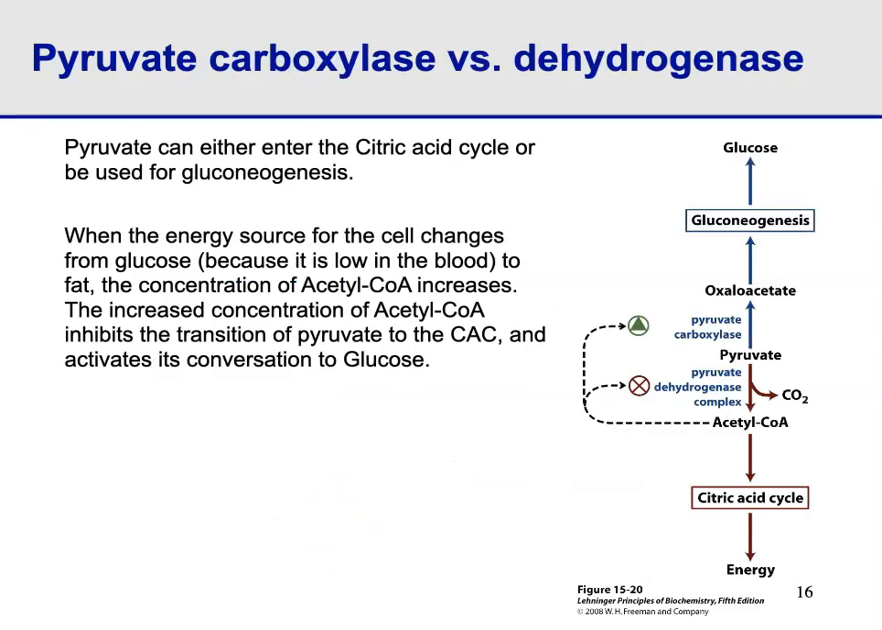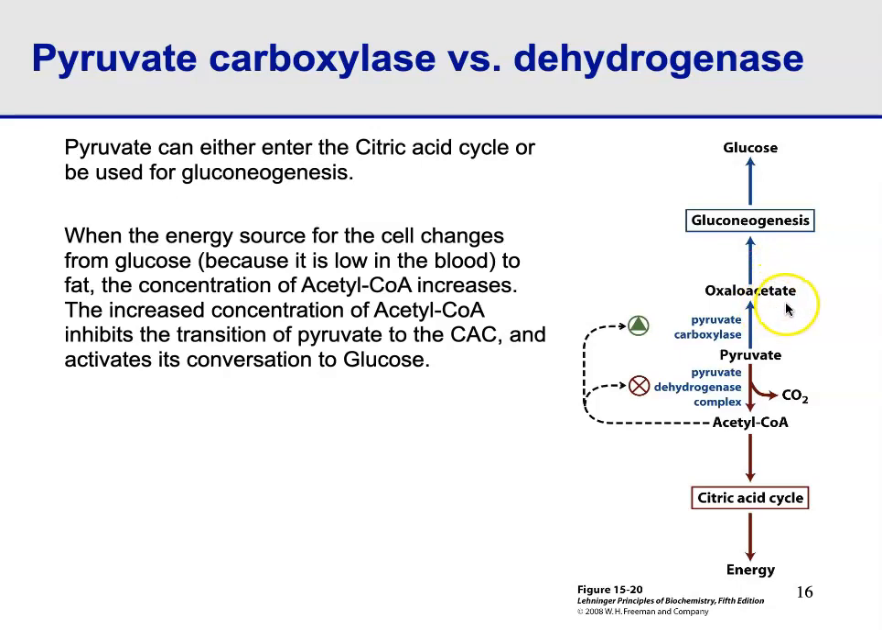All right, the last thing I wanted to focus on is something that I already told you, and that is the regulatory role of acetyl-CoA. Now, pyruvate, which is the last product of glycolysis, or the first substrate of gluconeogenesis, can either be converted to acetyl-CoA that can enter the citric acid cycle or fatty acid production, if there's too much of it, or pyruvate can be converted to oxaloacetate and back to glucose. That decision